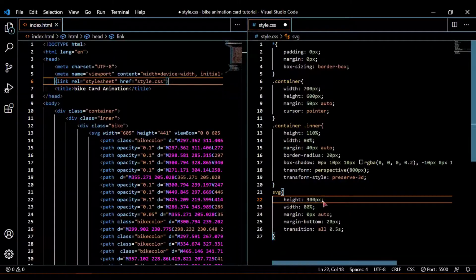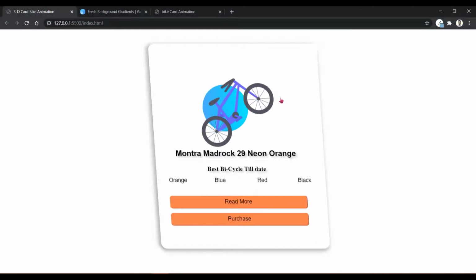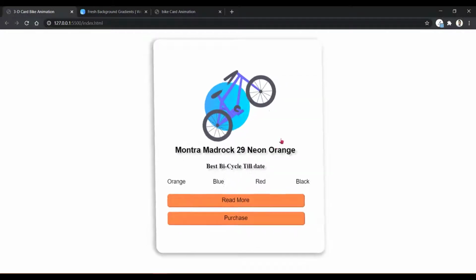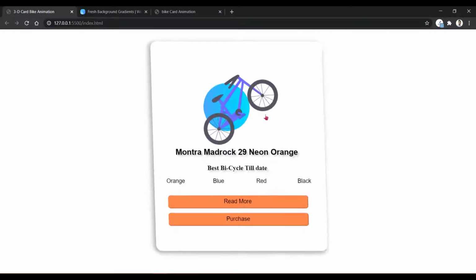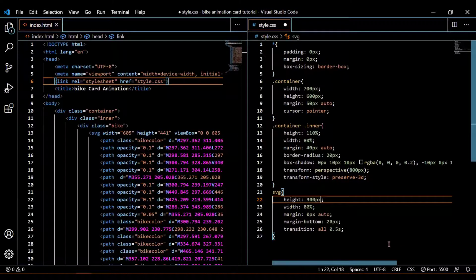Where will we need this transition? While I am hovering on the card, the bike is rotated around 35 to 40 degrees, and for this rotation we are going to need the transition. Okay, so let's go back to our CSS file and continue.